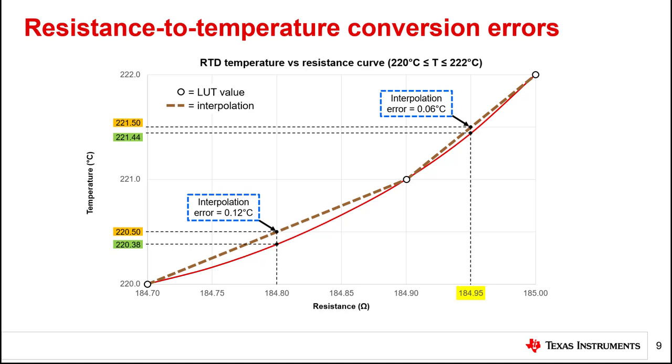However, as noted previously, polynomials require more complex math and therefore more computational power. Additionally, complex math in a processor can introduce under- or overflow conditions as well as precision errors due to the choice of fixed versus floating point numbers. These types of errors are not specific to RTDs and as such are not discussed further in this Precision Labs module series.